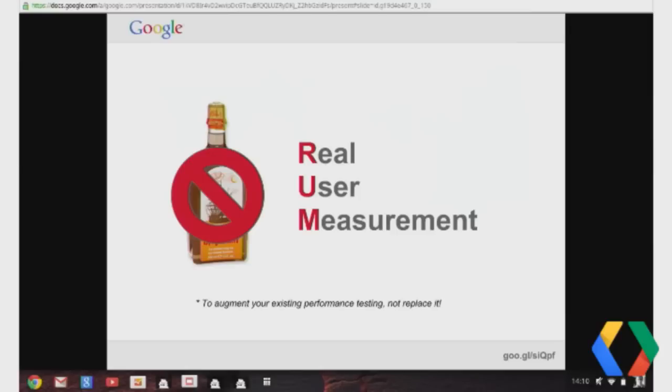But the key point there is it's not based on real user behavior or even real user browsers and all these things. That type of data has been actually very hard to gather because we haven't had the tools to actually get the performance data from our browser. Like how long did it take to connect to the server and all of these things. So that's what real user measurement is all about. And you guys will find this acronym RUM in a lot of places as you get deeper into the web performance field.